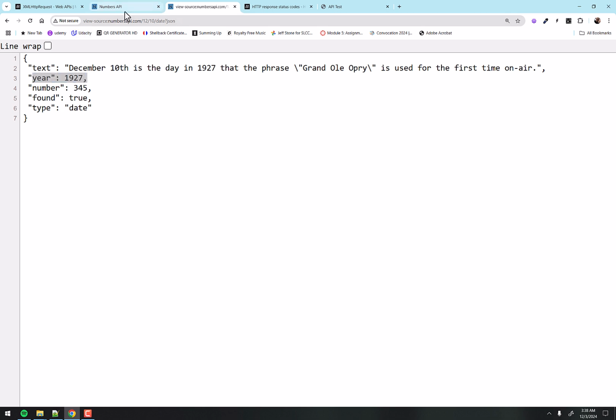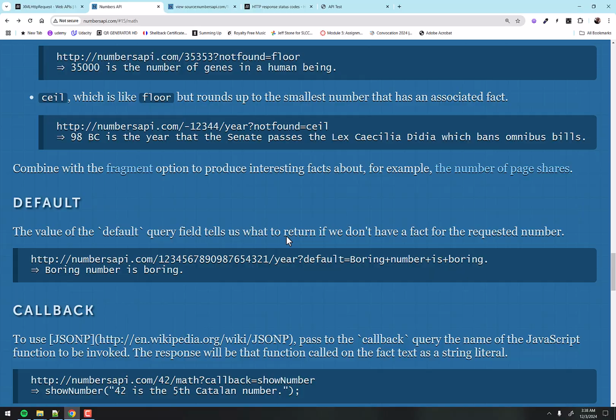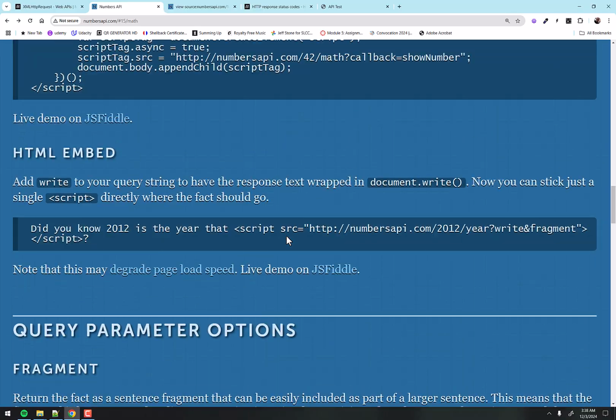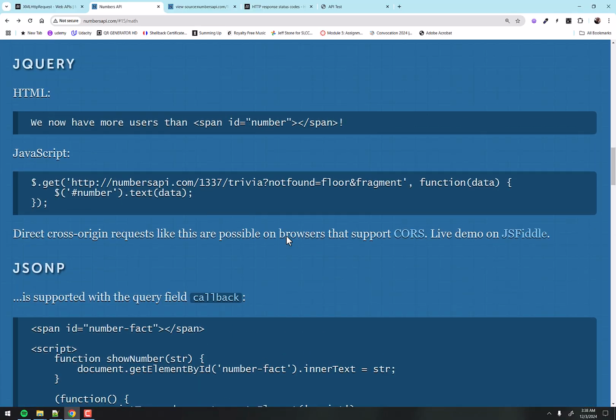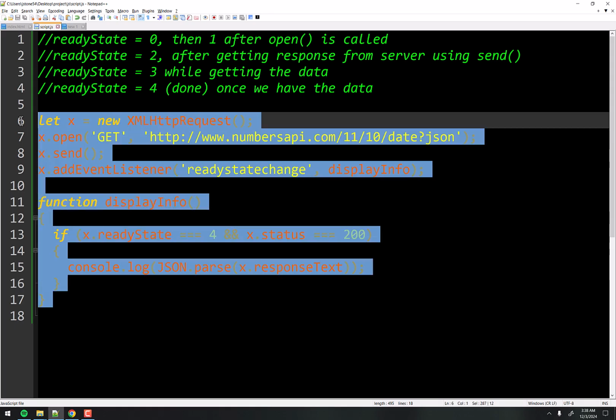It just so happens this numbers API is a little bit more friendly, where it will give it to you in plain text, but maybe you want some extra information, so it will give you a JSON object if you want it. And we want it so we can see how to parse JSON. Okay, well, all I want to do is run that when the user enters some information, right?